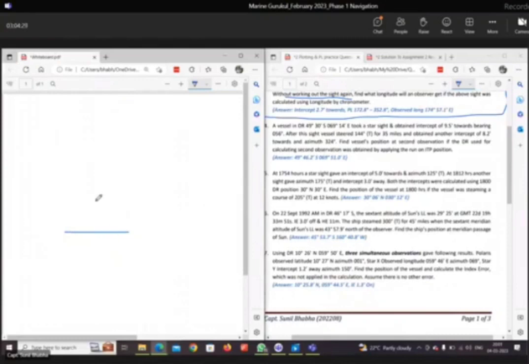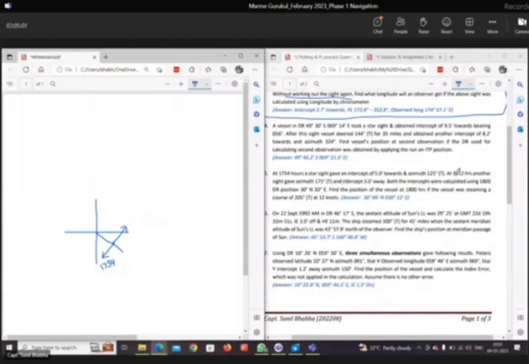मार्क द डीआर पोजीशन। ये मैंने बेटा डीआर पोजीशन मार्क कर दी। 1754 पे हमने एक साइट ली है, इंटरसेप्ट है 5 माइल टूवर्ड्स, एजीमुथ 125। सो लेट्स शो एजीमुथ 125। 5 माइल टूवर्ड्स हमारा इंटरसेप्ट है, तो मैंने अपने प्लॉट के हिसाब से 5 माइल टूवर्ड्स पे ये पीएल बना दी। कैन यू टेल मी ये पीएल किस टाइम की है बेटा? ये सर 1754 की है सर। वेरी गुड बेटा। सो मैंने यहाँ पे लिख दिया ये 1754 की पीएल है।